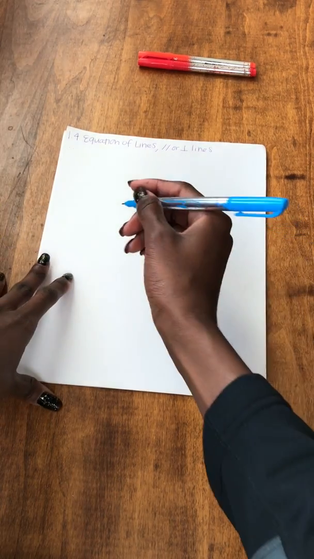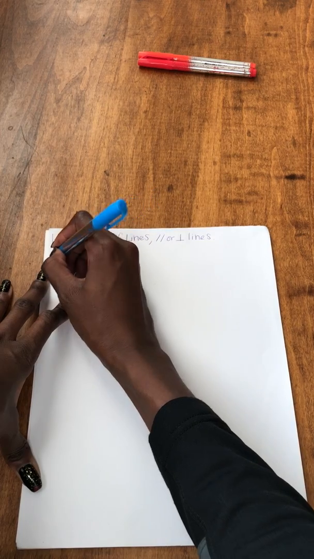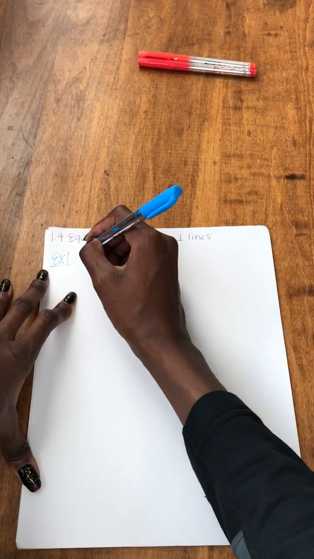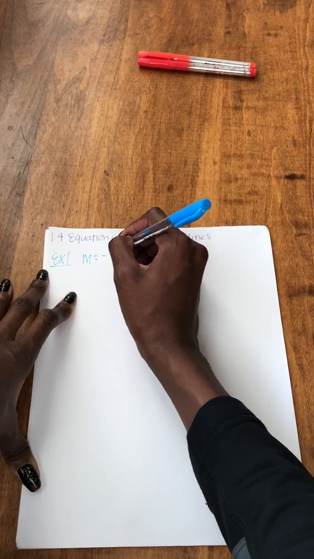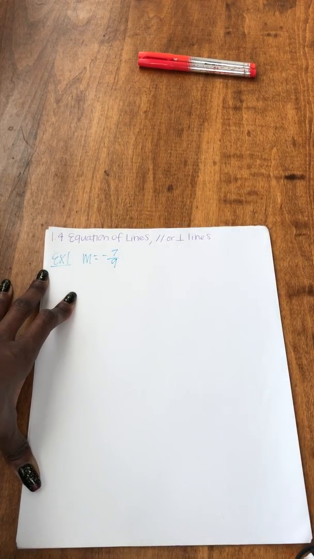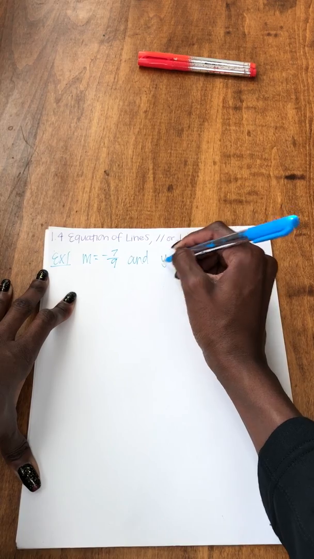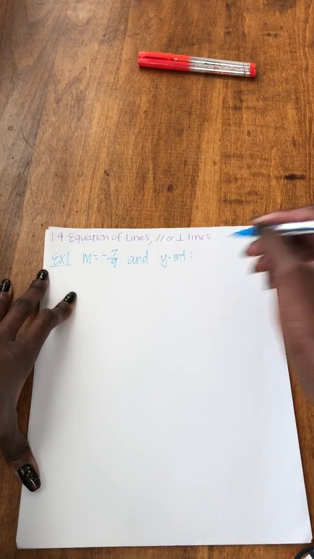Okay, so in this video we are going to be covering 4.1, and I actually think that we've already done the first problem and part of example 2, but I'm going to go ahead and just start from the beginning. So for the first example, we're going to have a slope of -7/9, and they're going to give us a y-intercept of 0,